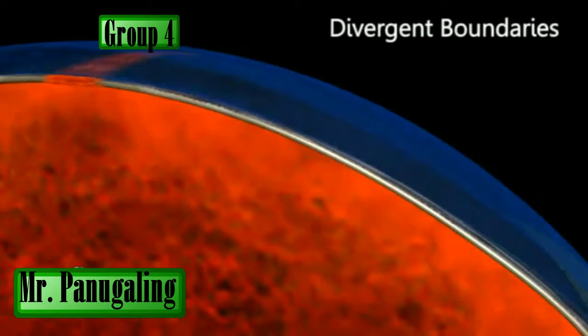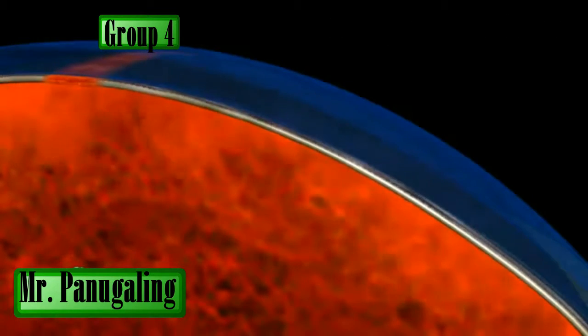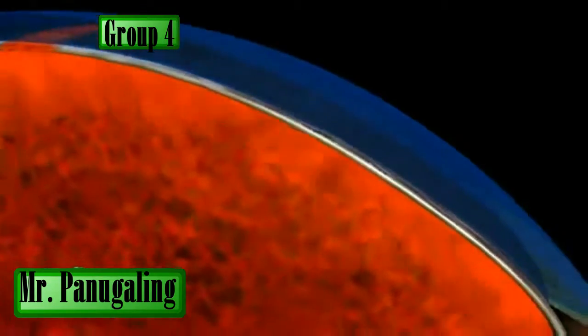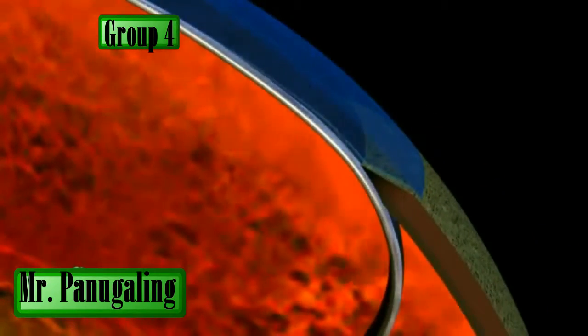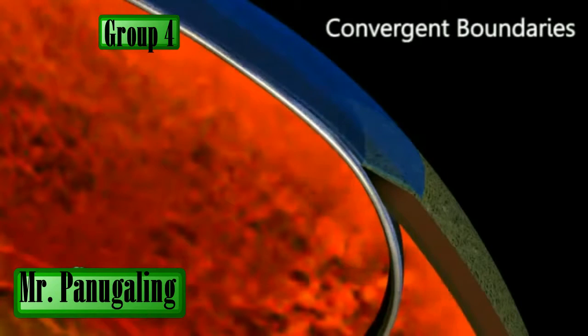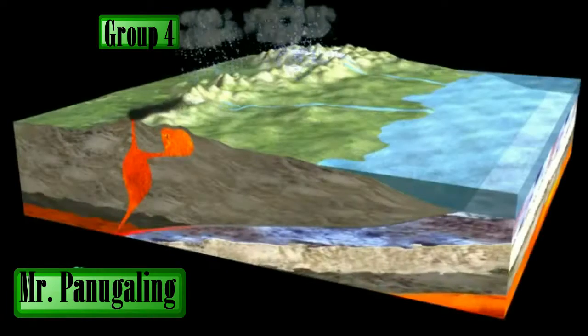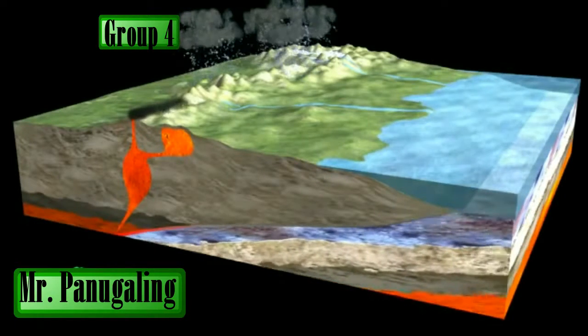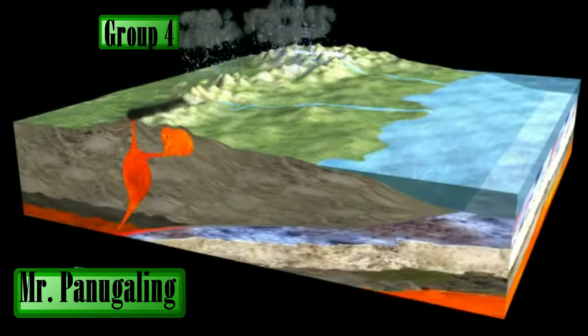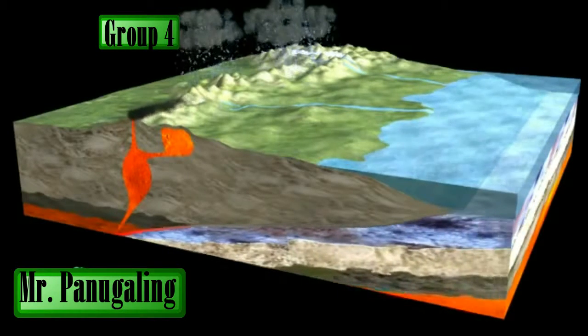When plates move apart, you have a divergent boundary. Magma from the mantle wells up, creating new oceanic crust. As those plates pull apart on the opposite sides of them, they crash onto continental crust, which is less dense and thus more buoyant, causing the oceanic crust to dive under. This is known as a convergent boundary, or subduction zone. Oceanic crust dives back into the mantle, where the rock eventually melts. Some of this will rise to the crust and form volcanoes.